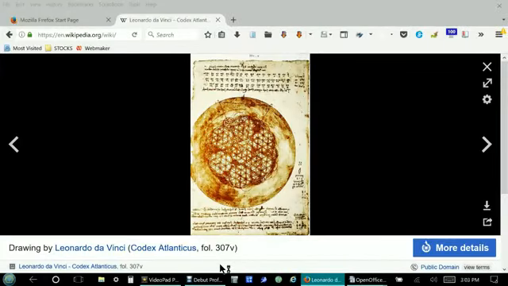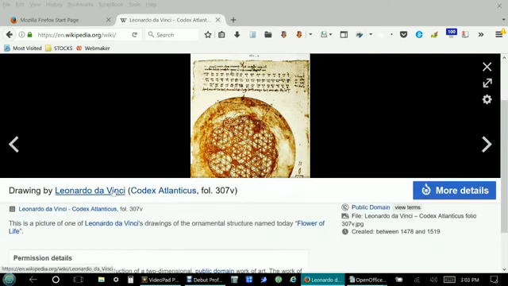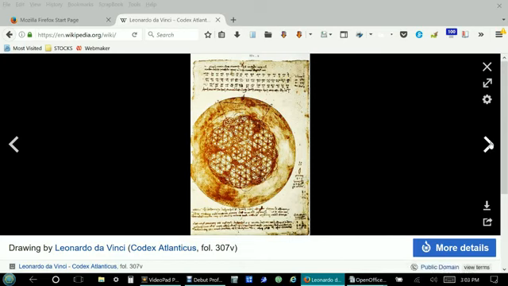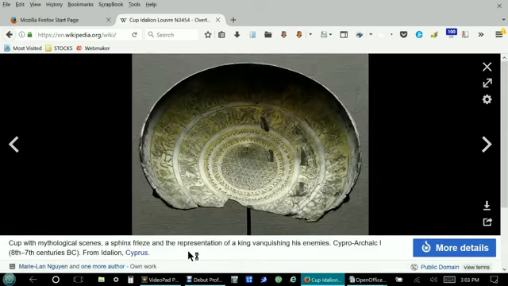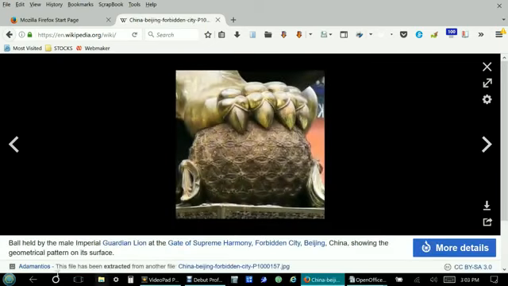Again, the flower of life was a very important symbol to the ancients. We find the flower of life in a Leonardo da Vinci manuscript. We find it in the mythological scenes on a cup of a king vanquishing his enemies. This is from the 8th and 7th century BC in Cyprus. We find the flower of life in Bali, the imperial guardian lion at the gate of supreme harmony in the